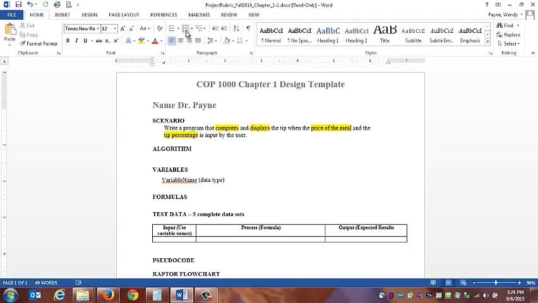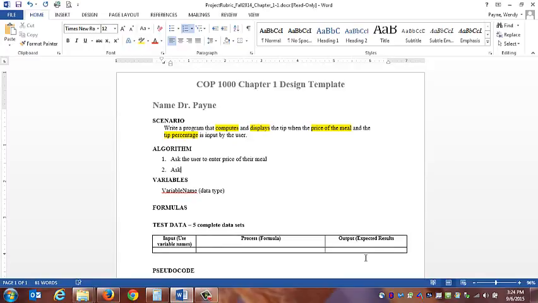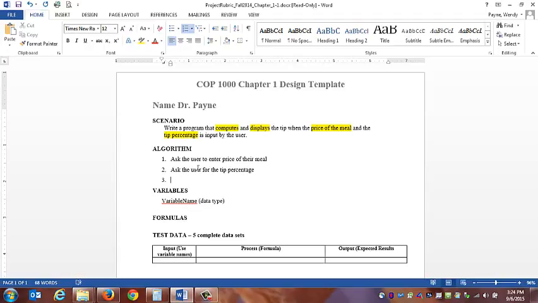So if we come into our algorithm, our first step will be we're going to ask the user to enter the price of the meal. Then we're going to ask the user, you can see here, what tip percentage they want. Then we're going to compute these. And to compute these, we're going to multiply the price of the meal by the tip. So we're going to do a calculation. So we're going to calculate the tip amount